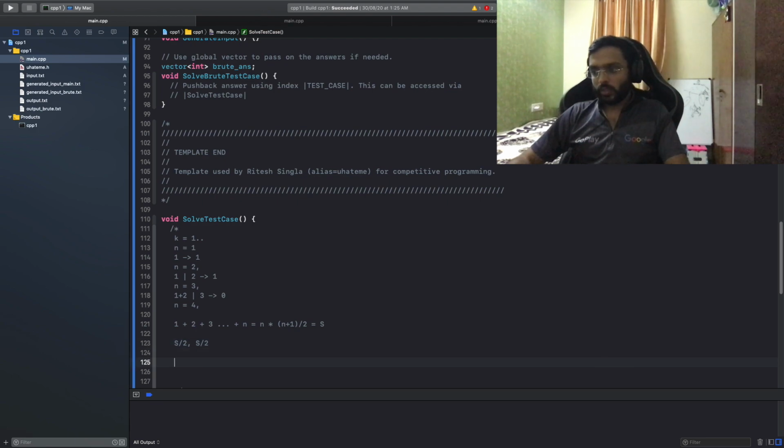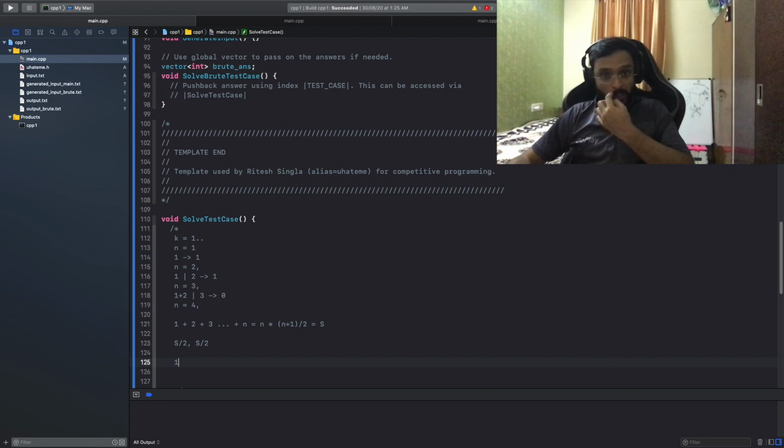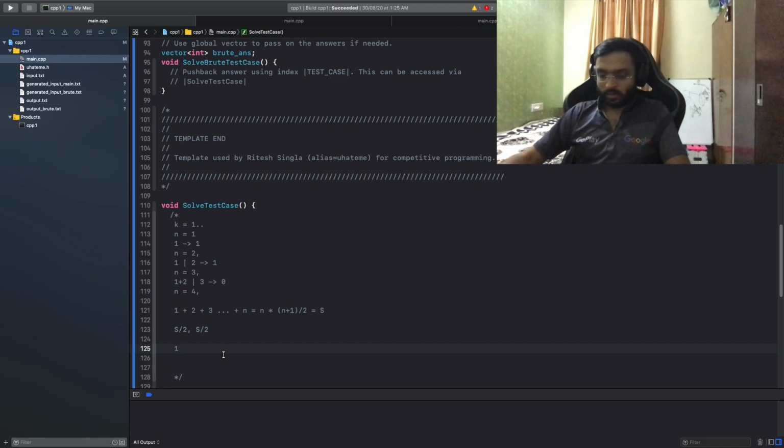Also, interestingly, there is one good property of natural numbers: we can make any number with the sum of some of the first n natural numbers, given that it is less than or equal to the total sum. For example, you can create one, you can create two, you can create three, which can be created like one plus two.